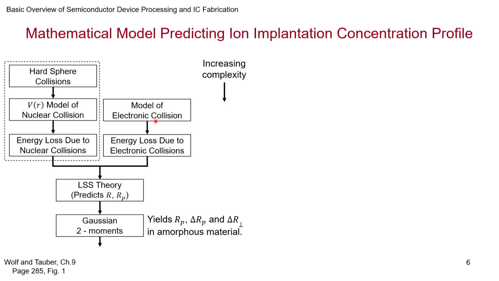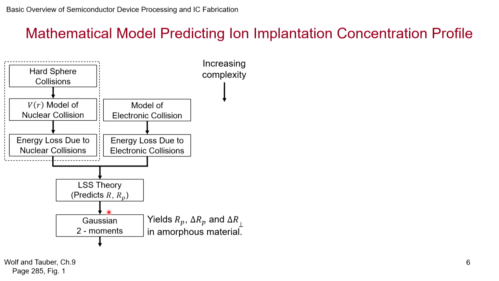So, a combination of these are at play at any time. When an ion comes in, the nucleus tries to stop, and also the electron tries to stop. A combination of that, you look at it, and then an interesting theory, the simple basics of what we have mentioned, has been developed, LSS, by 3 scientists, and that helps us predict what will be the range of the atom or the ion in the material, and also what the straggle is that you are going to get.